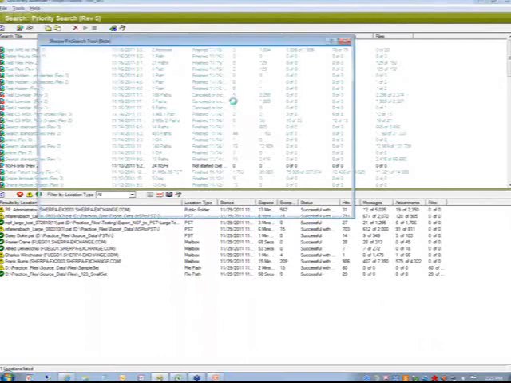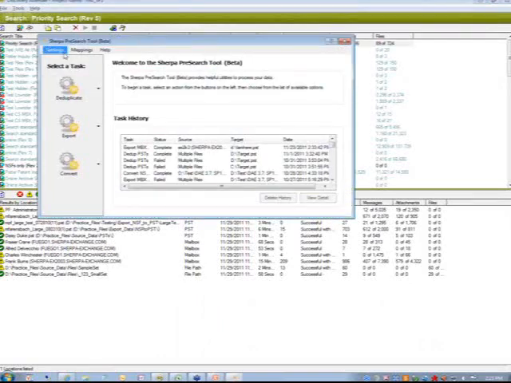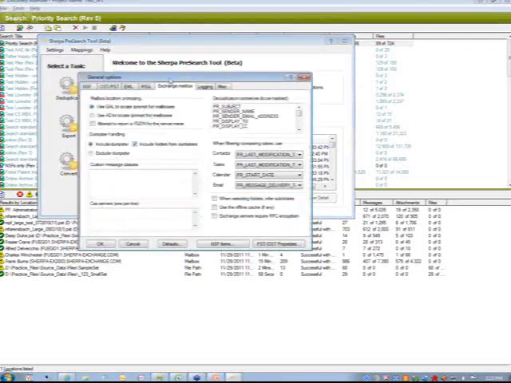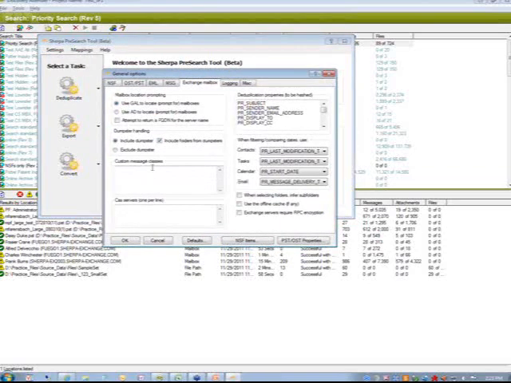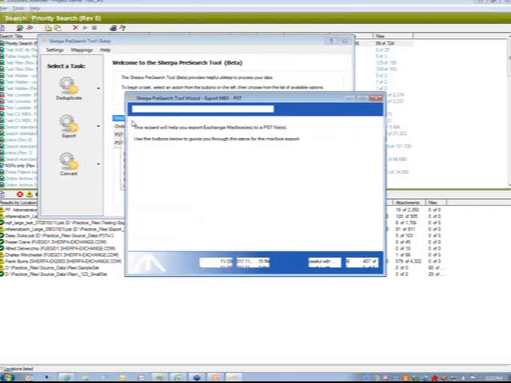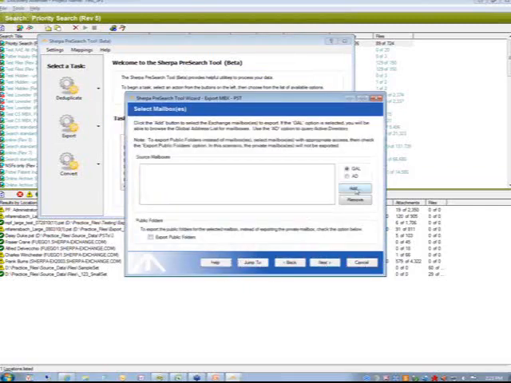Under Tools, Pre-search, you'll now see some options that are helpful. The first thing is, even without going into the tool, you now have different options for your Exchange mailboxes, including 2010 CAS server support. Okay? Behind the scenes, Exchange 2010 is fully supported, including dumpsters, online archives, etc. Okay? So when you're now searching, when you're exporting from mailboxes, not only can you export from your 2010 servers,